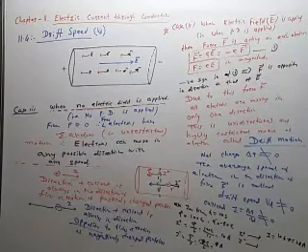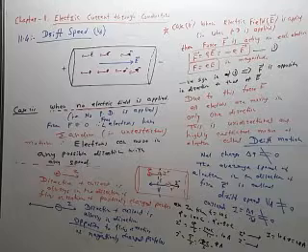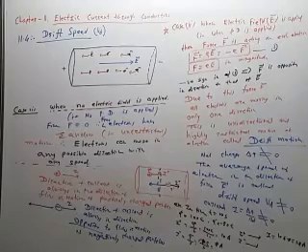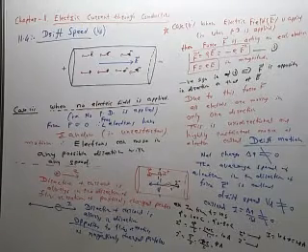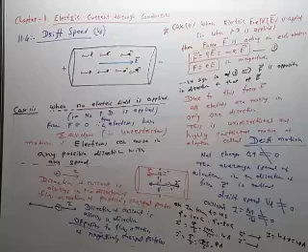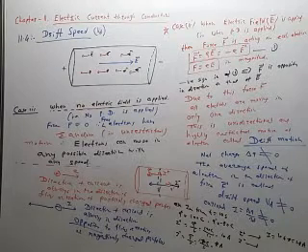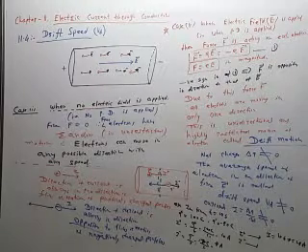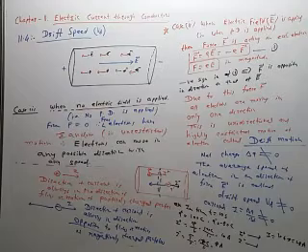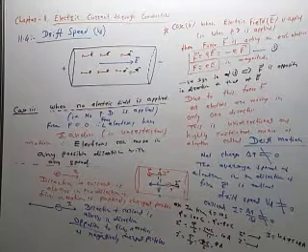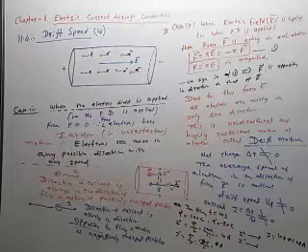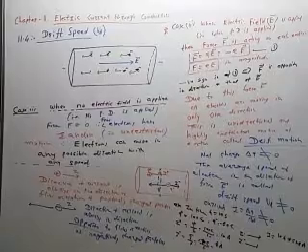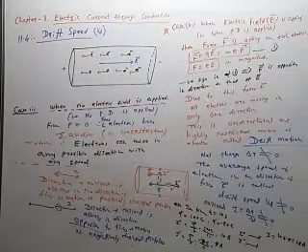Now during this drift motion there is again one more concept, that is the collision. That collision takes place when the electron flows through the material, and because of that collision, it produces opposition to the flow of the electron, opposition to the flow of the current, and that opposition we have already called resistance. So that collision theory is also one part that is not included in our syllabus, but we will consider it. Next time we will see the relation between the current and the drift speed, like this.